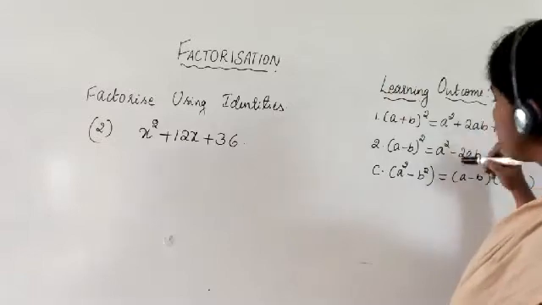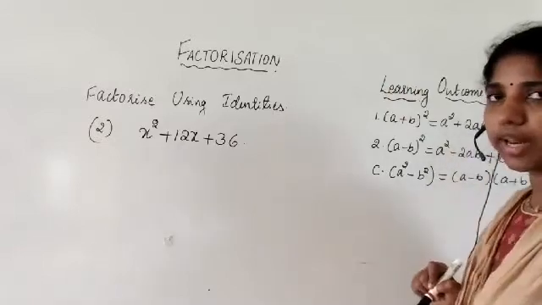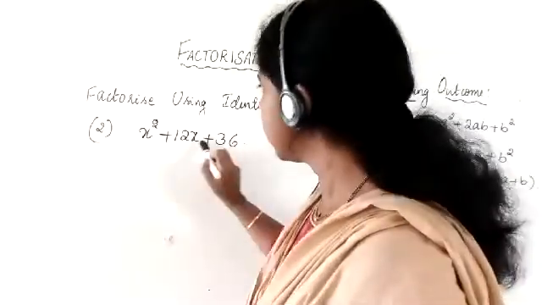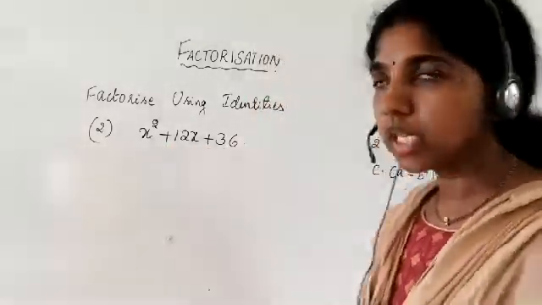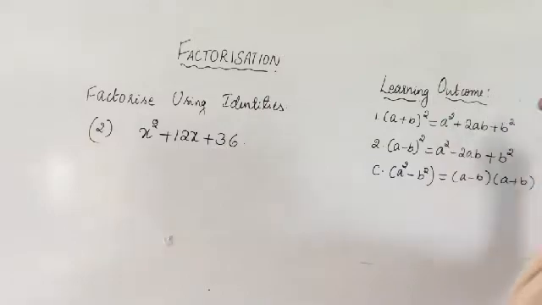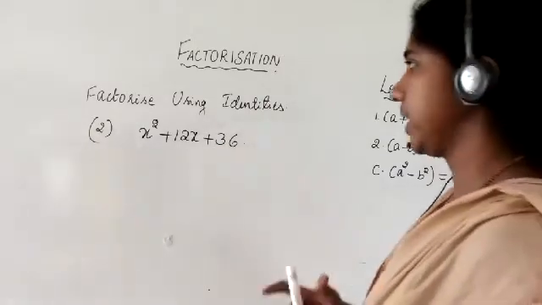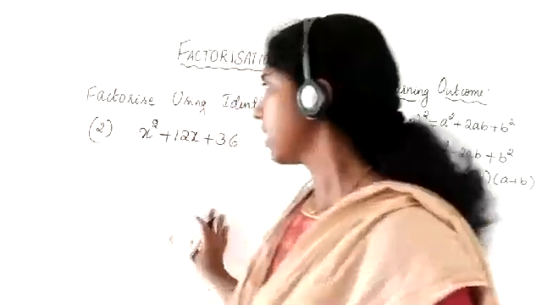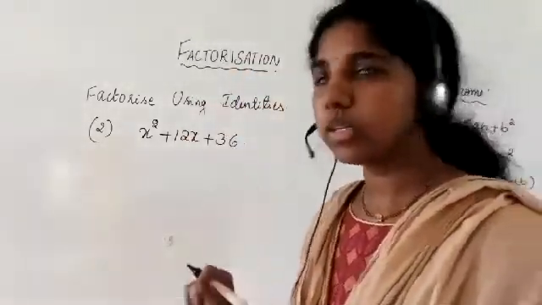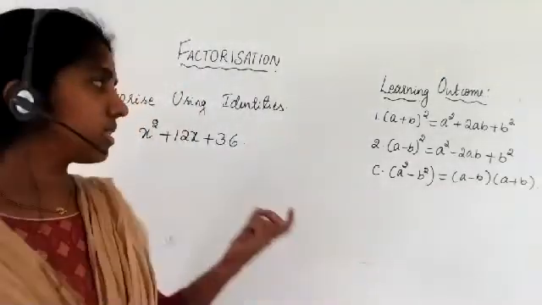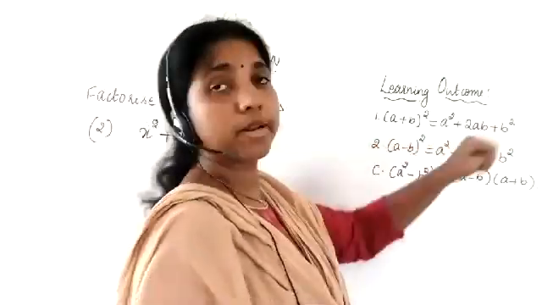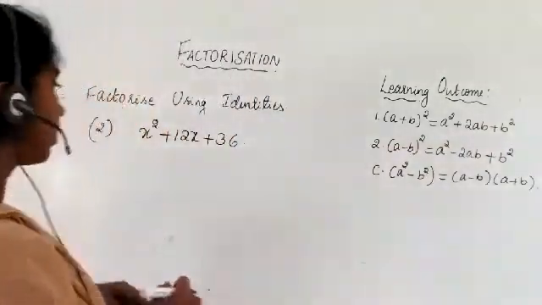So we have to use either of these two algebraic identities. Which is that? Now all these terms are positive. So obviously we have to go for the first algebraic identity. So x square plus 12x plus 36 is the given algebraic expression. How to simplify? But we don't have this 36 as b square, so we don't have an a square plus 2ab plus b square form. So we have to reduce it. How to do it?